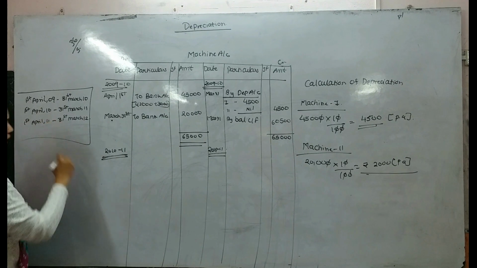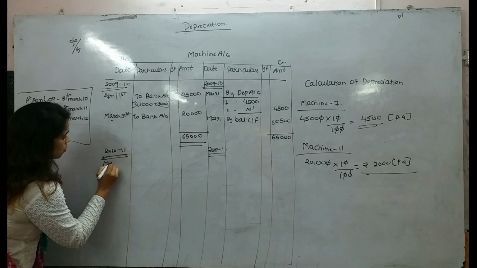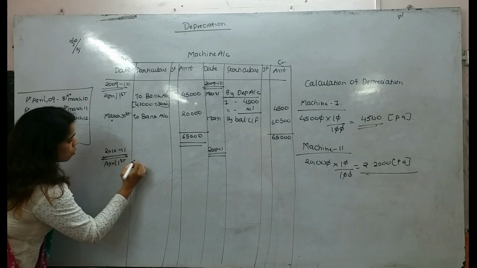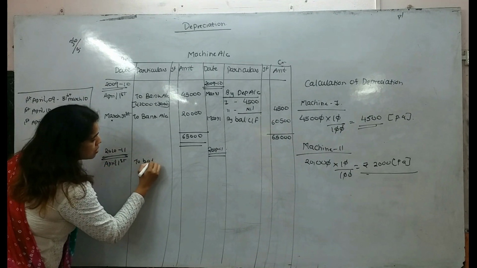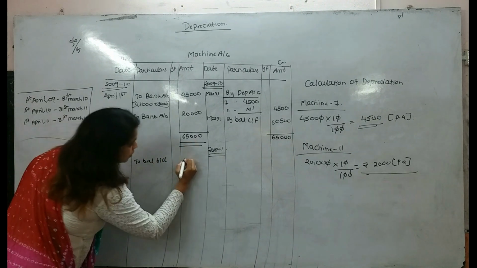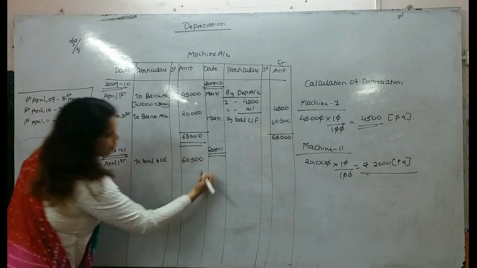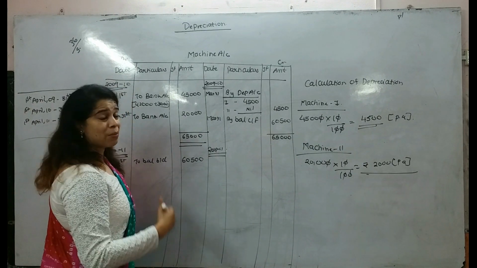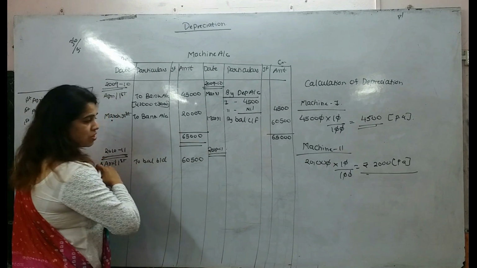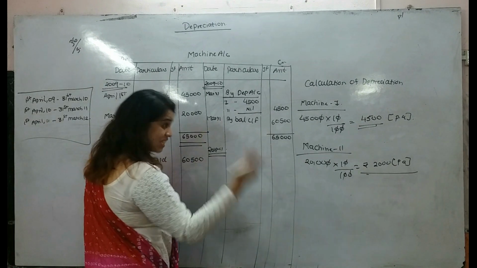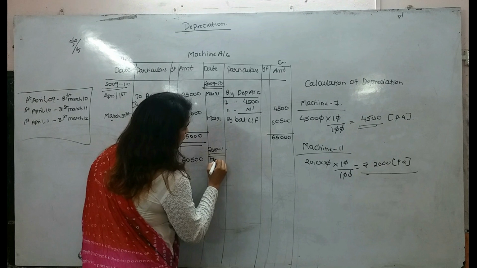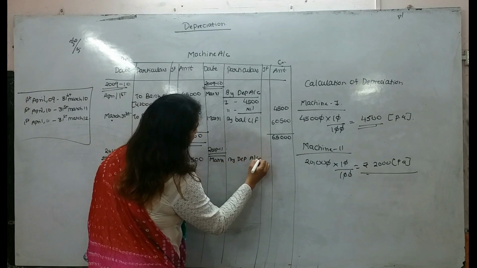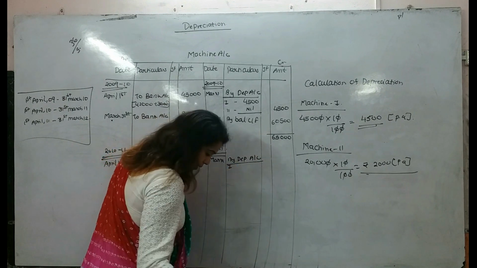Now we are preparing for the second year. Last year's closing balance will become this year's opening balance. So to balance brought down, value is 60,500. We are not selling any asset and we are not making any addition. So we are simply using the assets for the year. On the last day of the year, the value of assets will get depreciated. So what will be the depreciation amount?